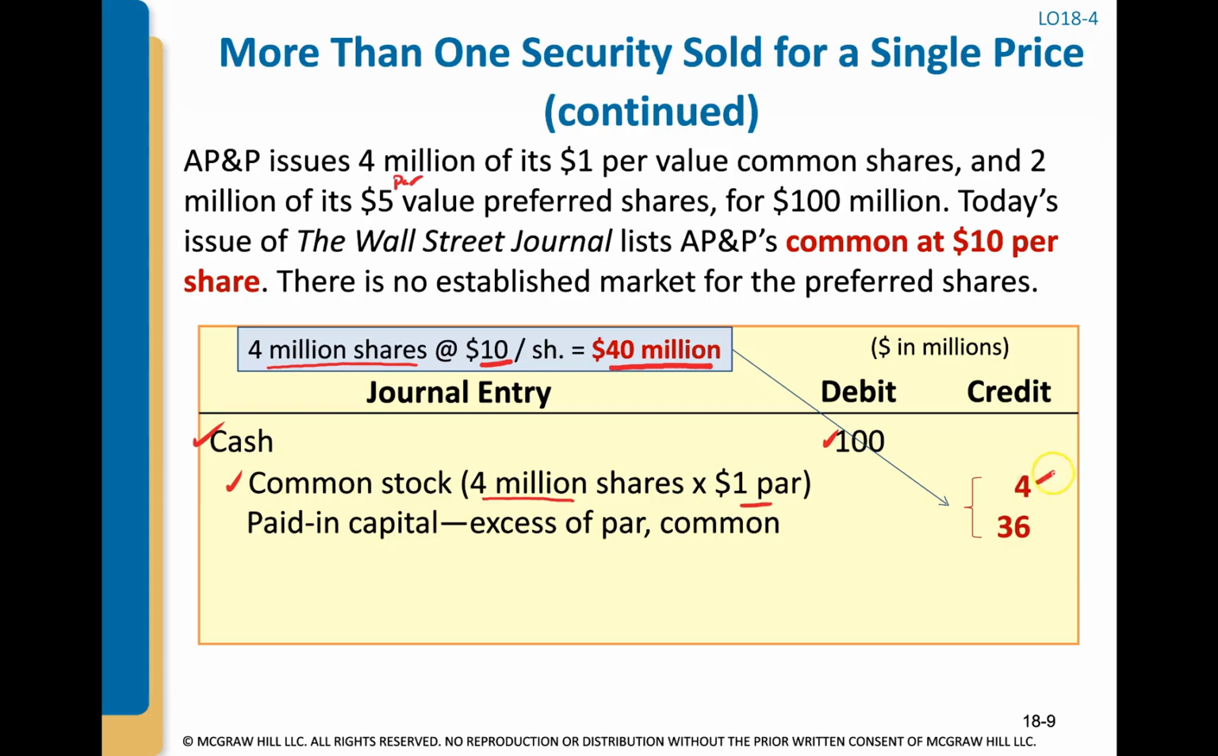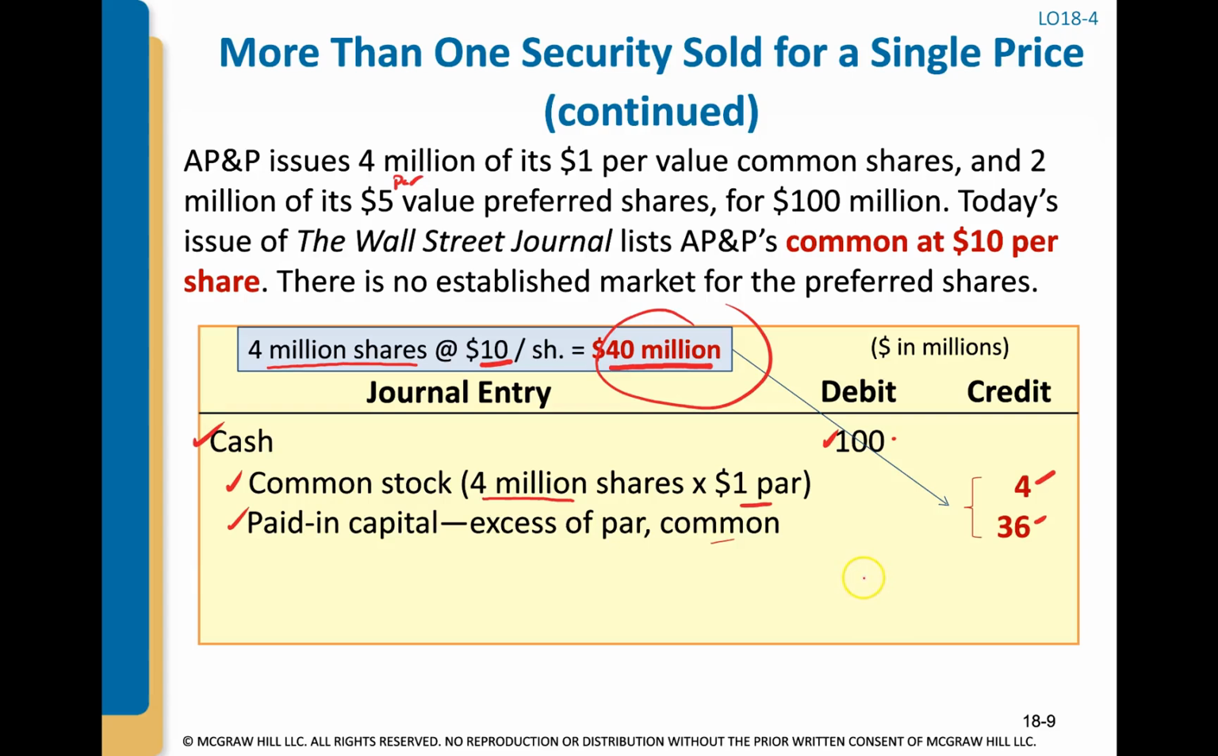So we're going to credit $4 million to common stock. And then we know the total is 40. So the remaining part is going to be recorded to paid in capital in excess of par for common stock for $36 million. Okay, so then now out of the $100, we've already accounted for 40, which means the remaining 60